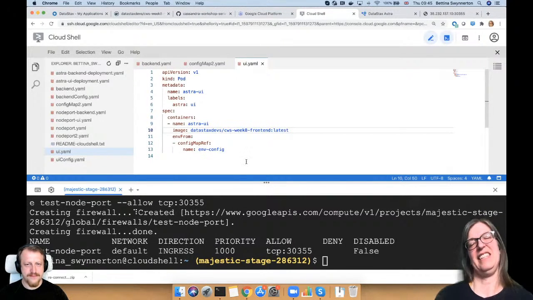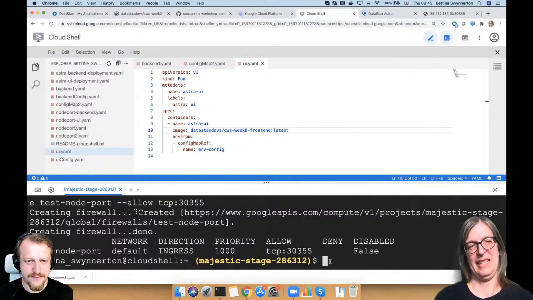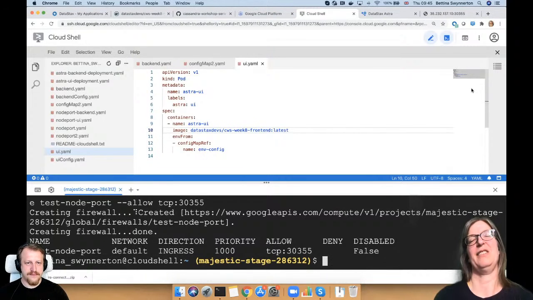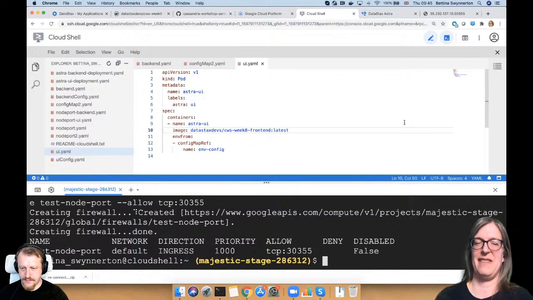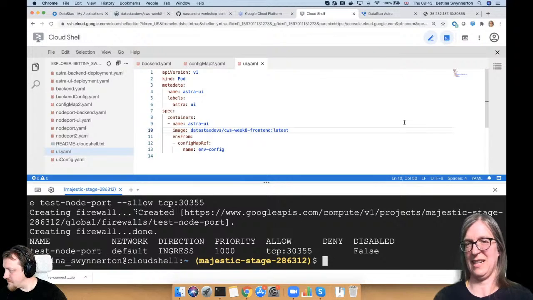And we then need to reapply the config map, so that the config map element in Kubernetes has the right values that we updated, and then we apply the UI, and then we should be able to serve the UI.